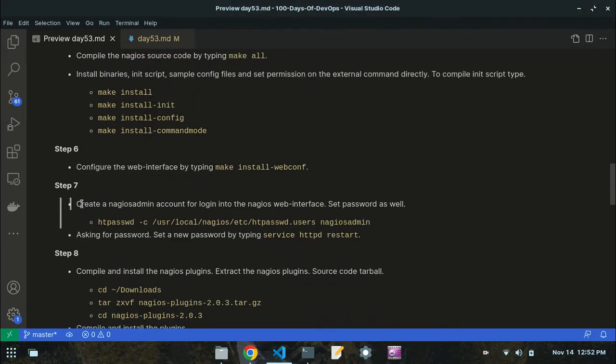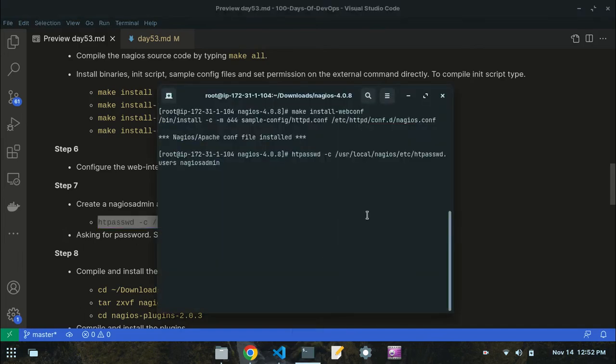And now what you need to do is to create a Nagios admin account for login into the Nagios web interface. So basically the web interface is installed by this configuration file or library, but I need to create a user for it. Once this web interface is opened in the browser, I can log in with the help of Nagios admin and the password that I will give. So what I need to do is first run this command so that I can create a Nagios admin account. Let's click on this, and now if I run this,